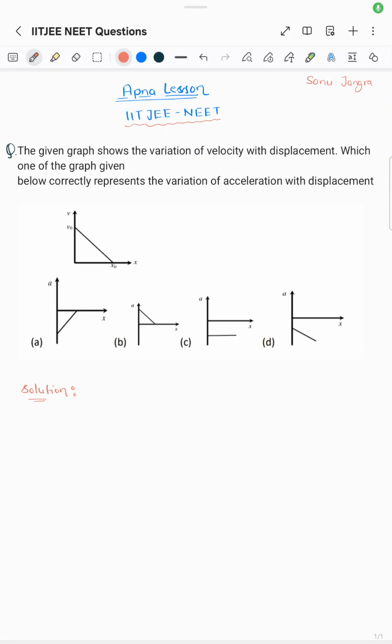So hello guys. Today I'll do a question in which a velocity and displacement time graph is given, and the question is that you have to find the correct acceleration displacement time graph. Okay, so in the question